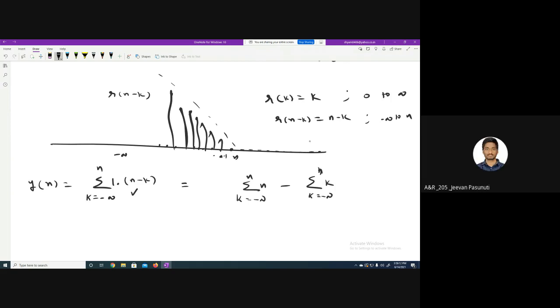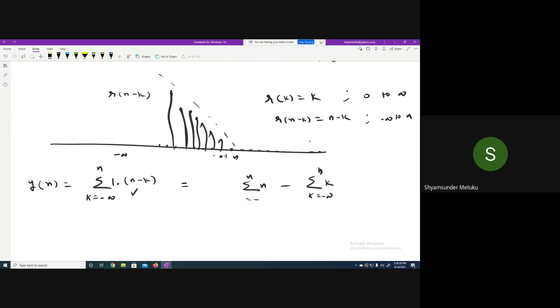Yes, you write this way. Sum of the n terms, sir? It is sum of the k terms. n terms only. No, somewhere a mistake happened here, because the variable is k, where n is a constant. When it is a constant, what happens to this? Sir, limits minus infinity to 0 and 0 to n can be taken. Whatever it is, you simplify.